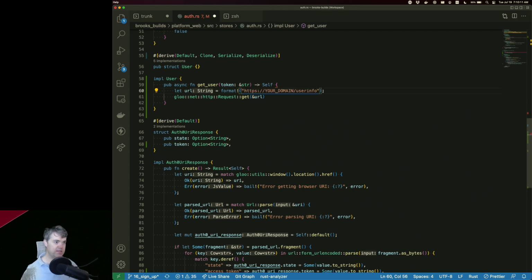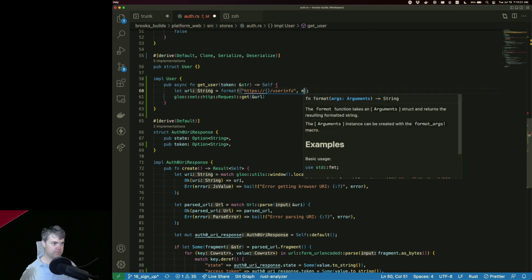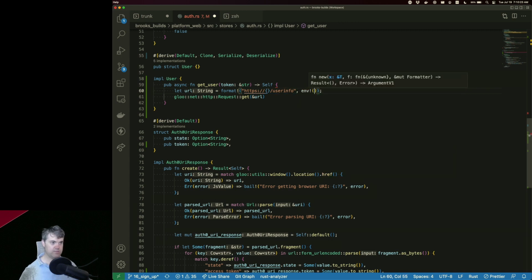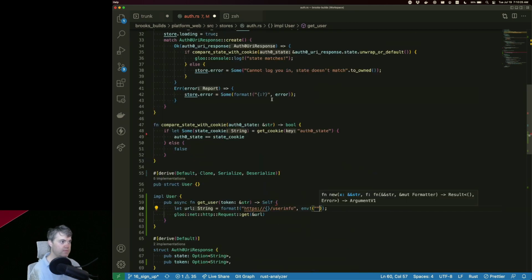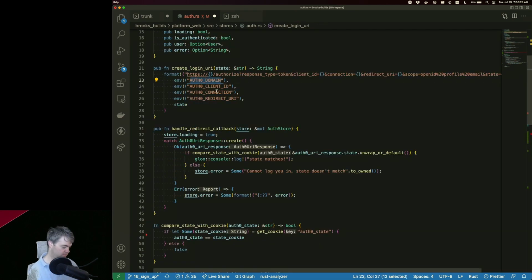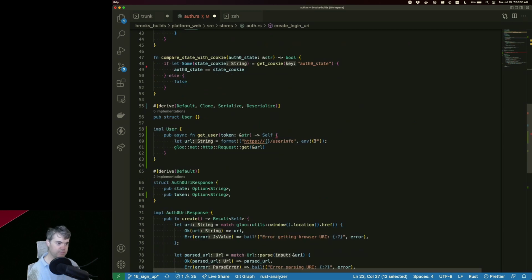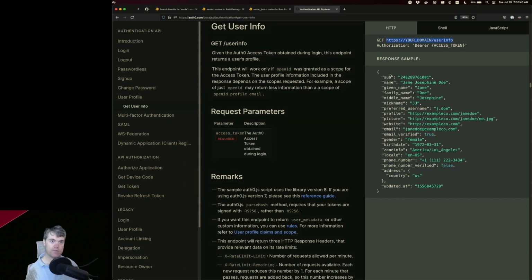So it's going to be that. And then we need this authorization bearer access token.